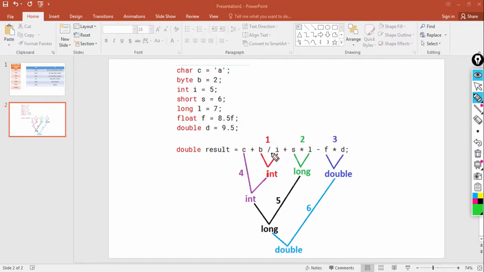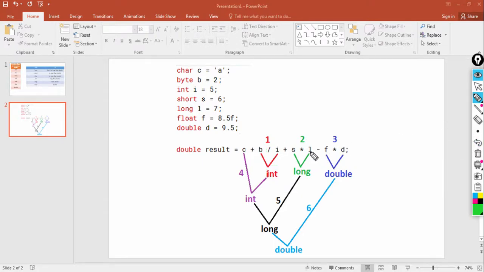So division will happen first. So for the division operator, one of the operands is byte and the second operand is an integer. So the larger among the two is integer, so the byte will also be converted into an integer, and the final result will be integer.